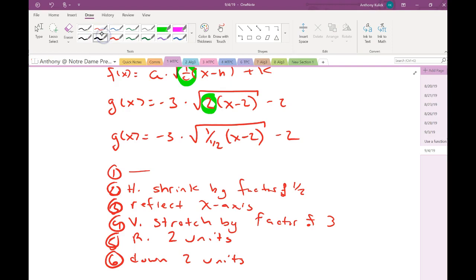We're going to stop here. We'll finish up this section next time. We will also